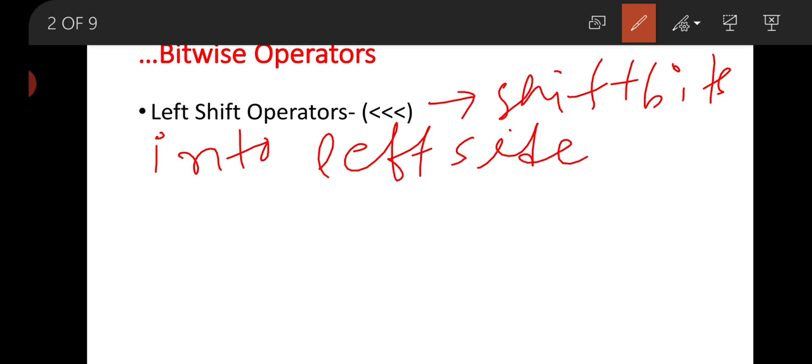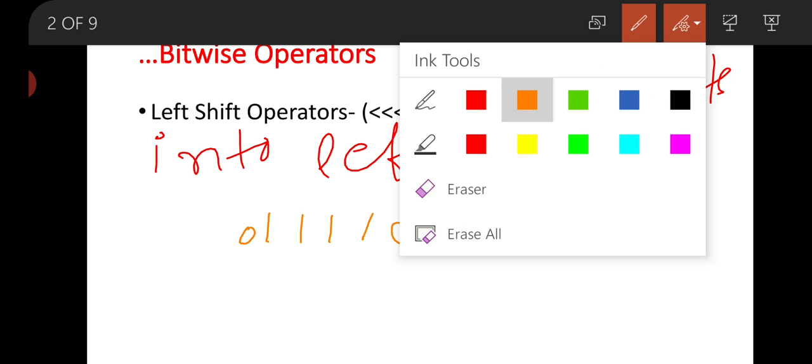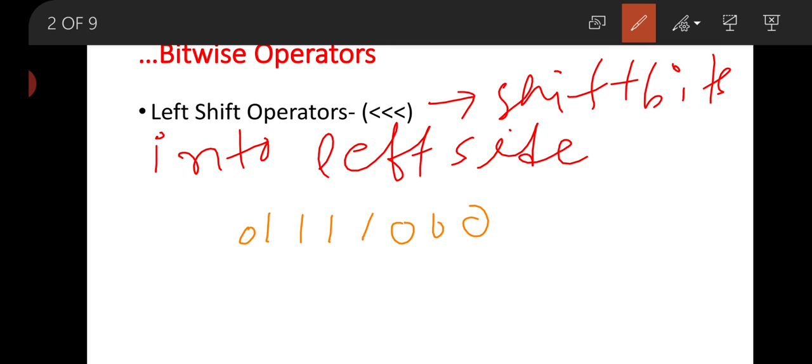Now let's see how it will work. Suppose we have taken a value 1 1 1 1 0 0 0 0. Suppose these are all binary values. We want to left shift this value. Suppose this is the value of x.